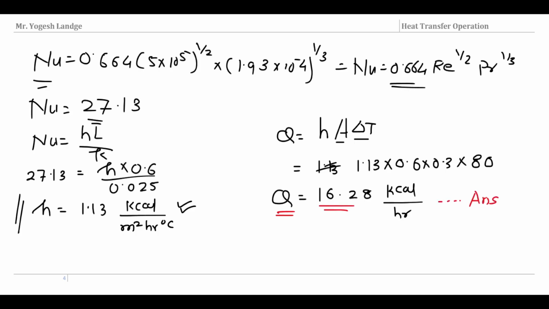So go with this step by step. We simply get the heat flow per hour from the surface. The heat flow per hour from the surface is